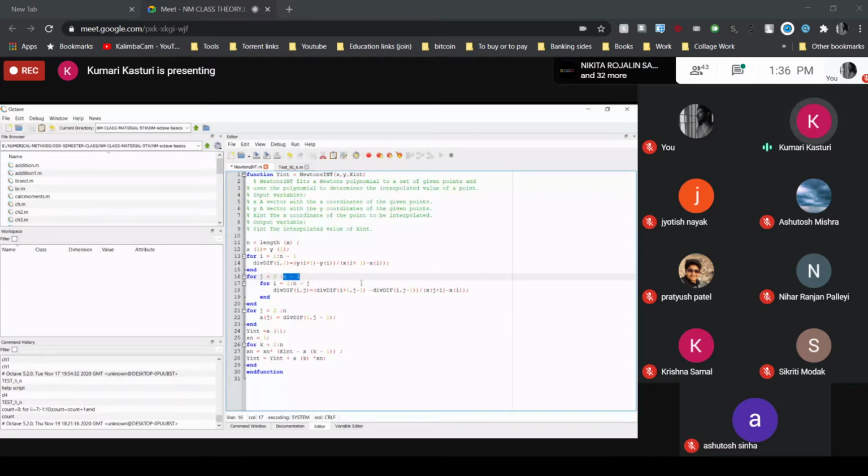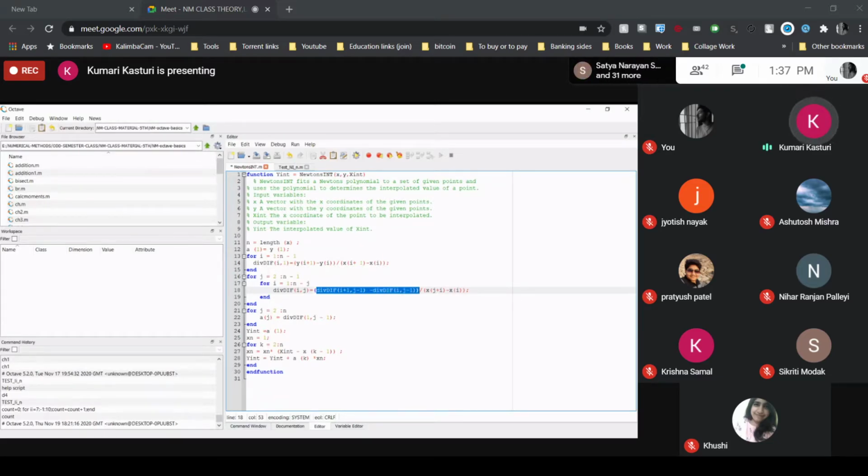Now, in your mind, one question may be why the loop is not running up to n. Whenever you have a 5 data set, how many divided differences have you calculated? Only 4. So your loop should run up to 4, not 5. As n is 5, it is taken as n minus 1. Another for loop you have to use is i equal to 1 to n minus j. j is the value coming from the outer for loop. Then diff(i,j) is equal to diff(i+1,j-1) minus diff(i,j-1).